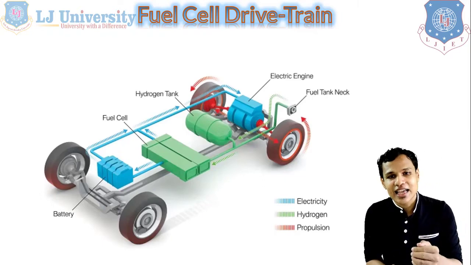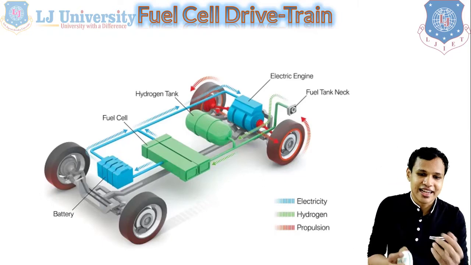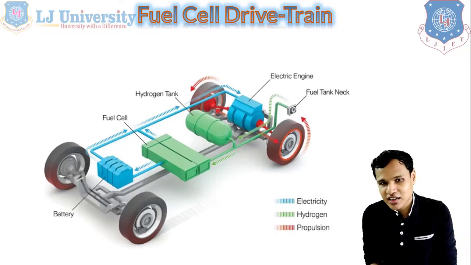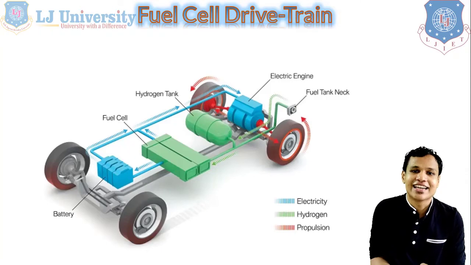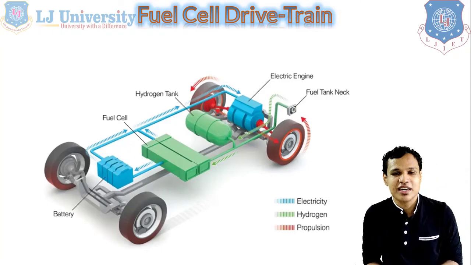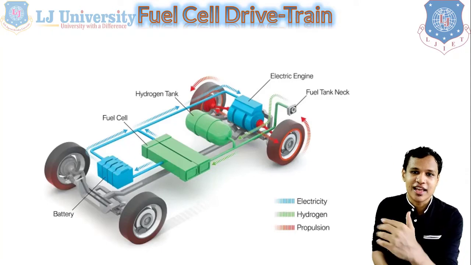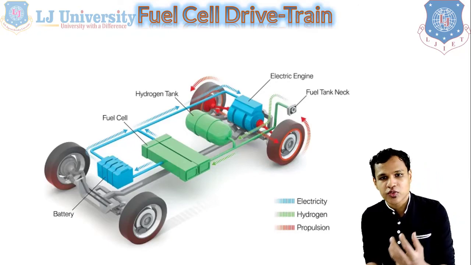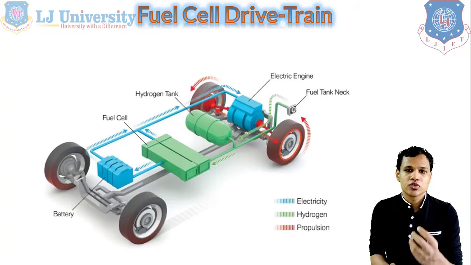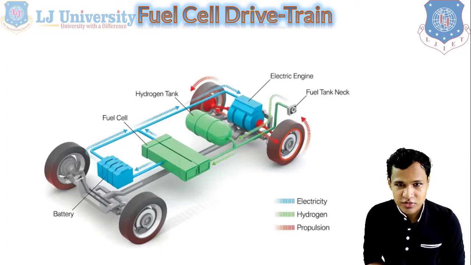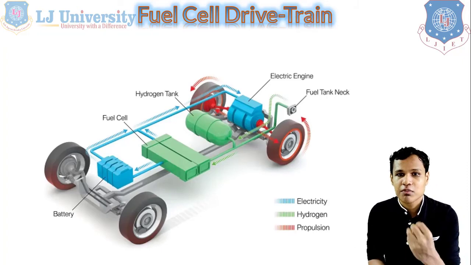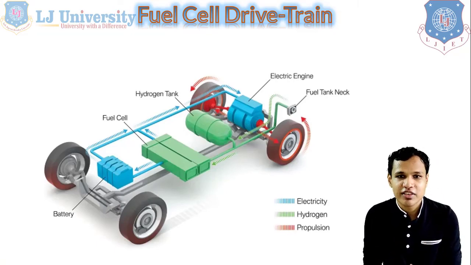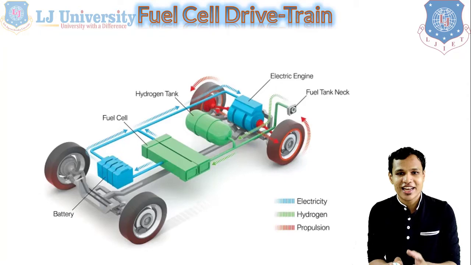And that electric motor is connected with our axle, the rear axle, and the rear axle will run based on the speed of our electric motor, so our vehicle can be driven with the simple fuel cell method. Hydrogen storage is one of the major problems for the hydrogen vehicle, so this needs to be sorted out as well. And there are also different methods for fuel cells, which we will see when we learn the fuel cell chapter.